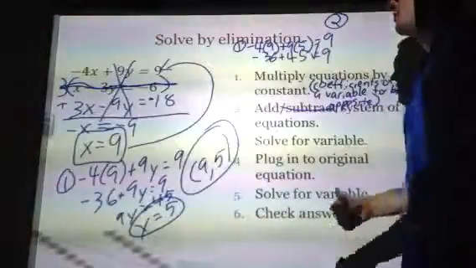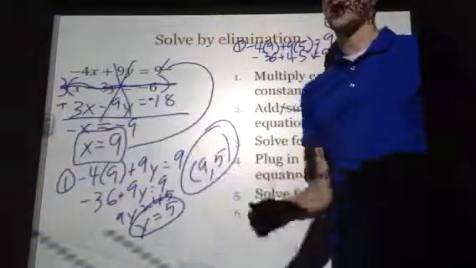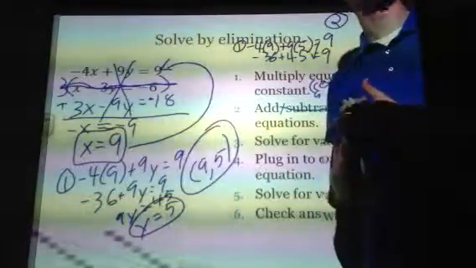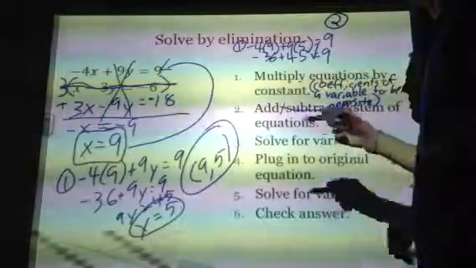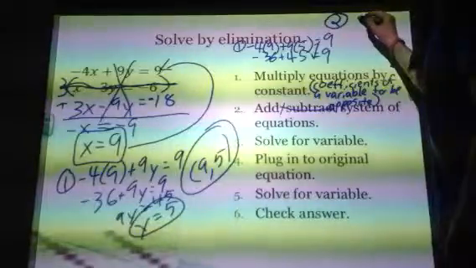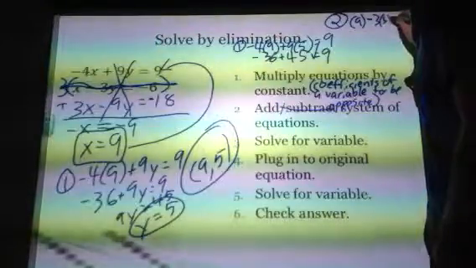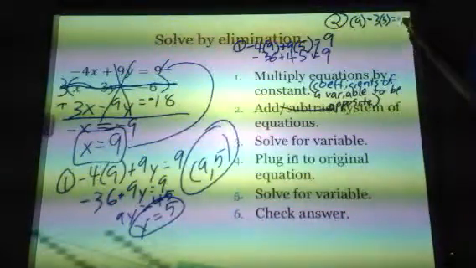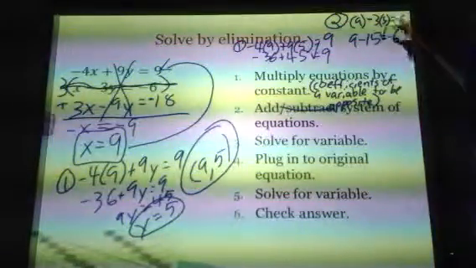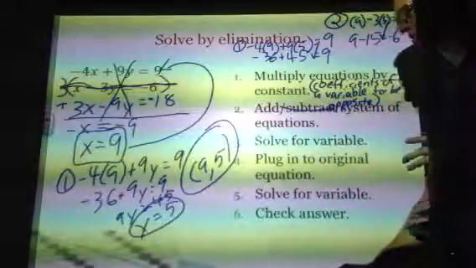For equation 2, you could either substitute it in for the original equation or the equation after you multiply by a constant. We saw that it's not going to change its value. It's still going to be a true thing when we multiply by a constant. So either way is okay there. I like to substitute it in for the original equation. So x was 9 minus 3 times 5 equals negative 6. That's going to be 9 minus 15 equals negative 6. That's a true thing. 9 minus 15 is negative 6. So our solution to this system works. Our solution of 9, 5